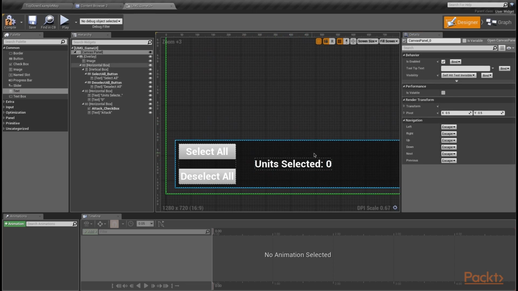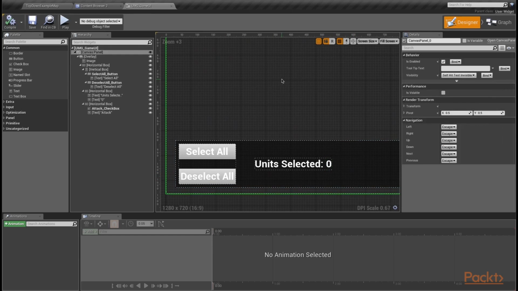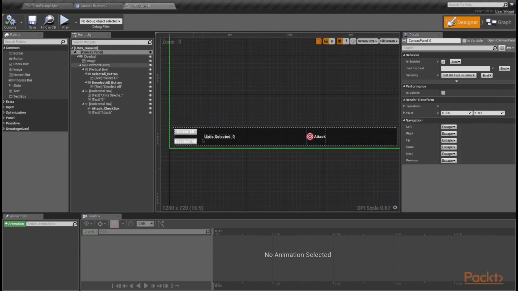Now the reason I set this separately, there are 2 text blocks here, is that this part of the text box, this unit selected, won't ever change. We're always going to display that. However, this number here, we're going to actually, in a later video, bind this number to actually a variable in another class, so that we can have this dynamically change as we select and deselect units. So that's actually it for this video. Go ahead and make sure you've saved and compiled your UMG class. So we've added these 2 buttons and these text controls,